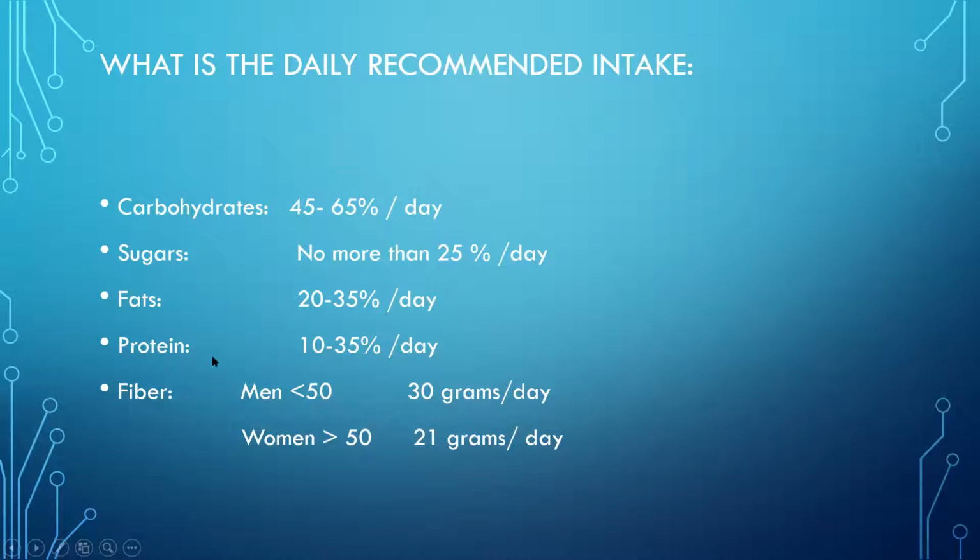Protein is also to be reduced, and you can see it's on the lower side of the food chart of what you eat during the day. And fiber for men under 50 years of age is 30 grams, and for women, it should be 21 grams of fiber a day. Okay, and